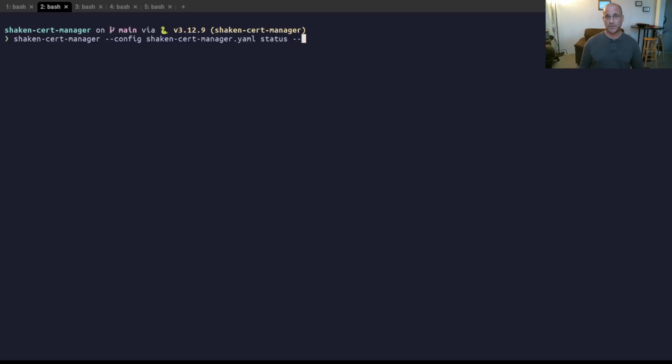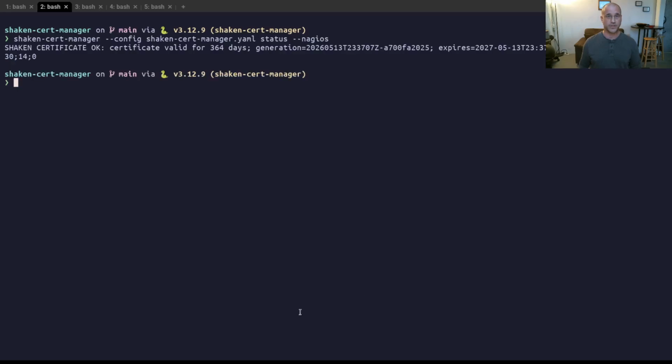I use the Nagios version, which is a Nagios compatible plugin version. I use it on my Icinga 2 server to get Nagios compatible monitoring, which allows me to just plug this straight into my monitoring software, and then I can get alerts if there's something going wrong and the certificates aren't being renewed for whatever reason. Okay, so